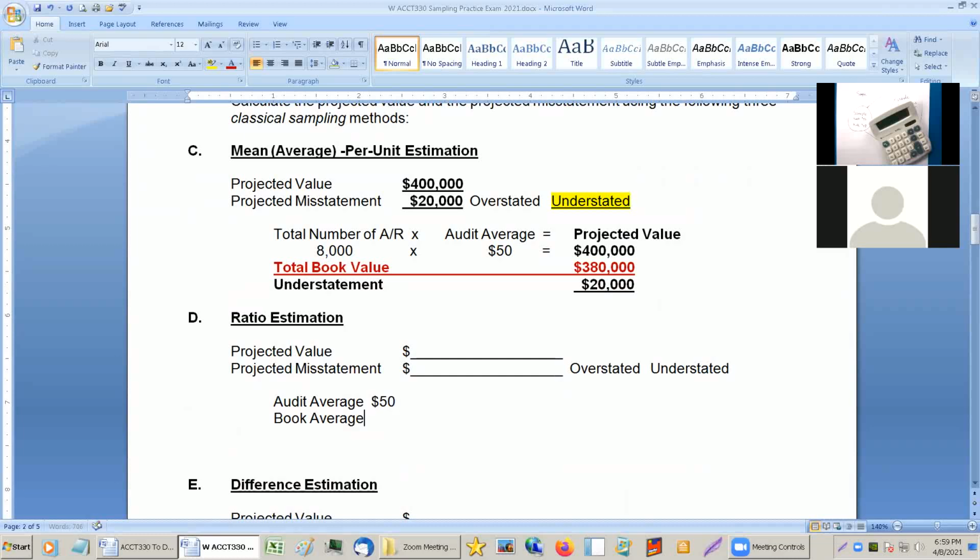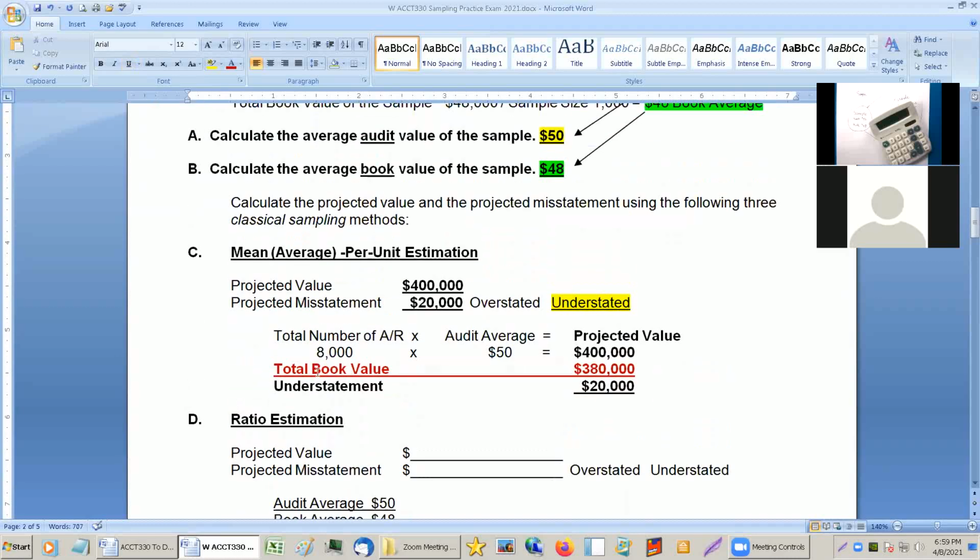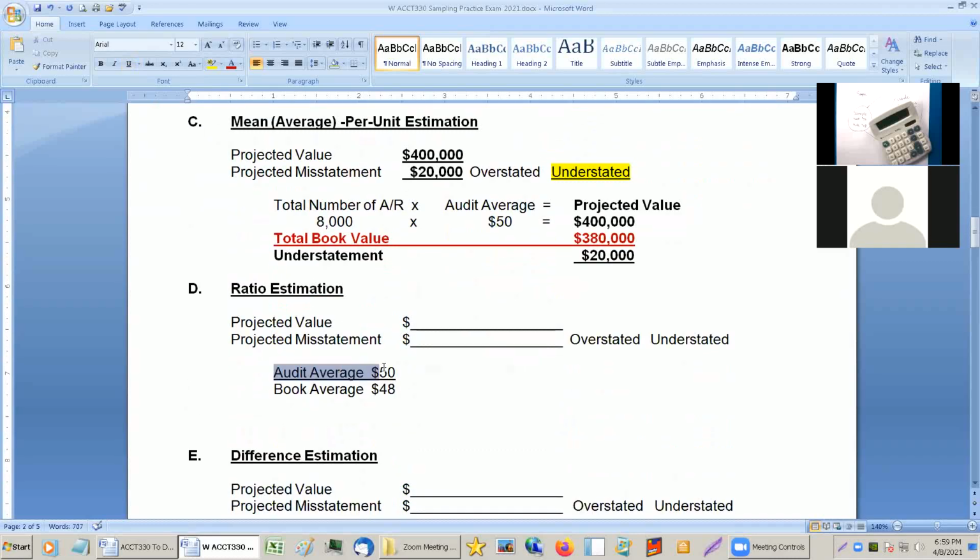Book average was 48. So you're going to take these two and divide them. See my color coordination? Okay, so we're going to divide those, and we're going to multiply that times